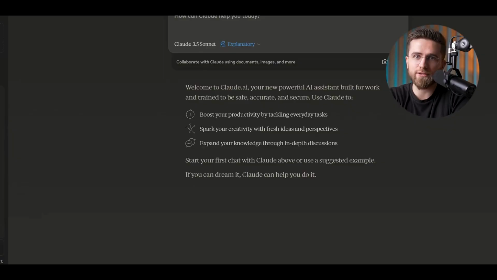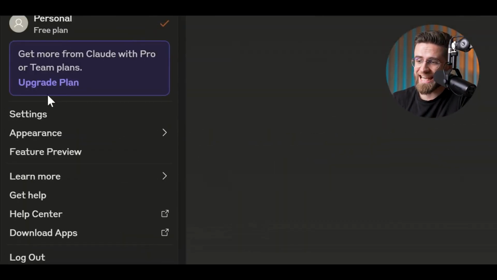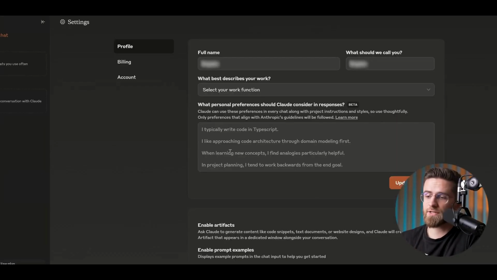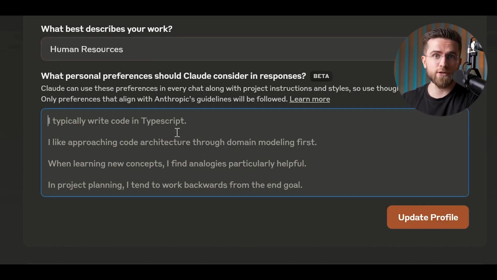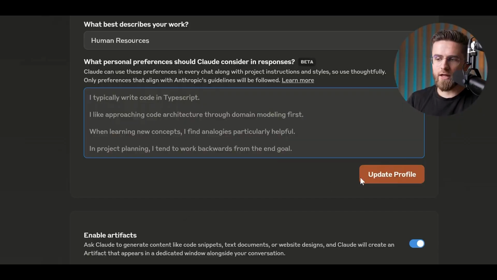There aren't many settings that you can tweak, but I strongly recommend clicking on your profile, going into settings, and updating your profile. Here you can change the name that Claude will refer to you by and provide a description of yourself. This description is similar to ChatGPT's custom instructions, but slightly different. Instead of explaining how to complete tasks, you describe what you like to do and how you work. This essentially tailors Claude's internal pipeline to better suit your workflow and needs. However, a note here mentions that Claude may or may not use this information, but it's always better to fill